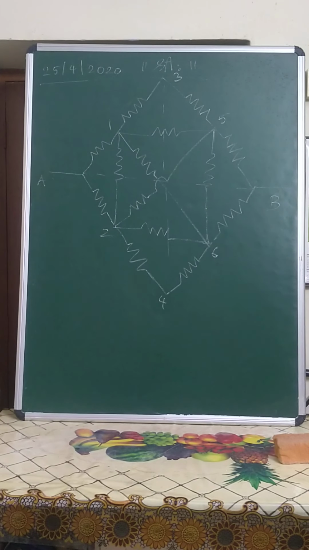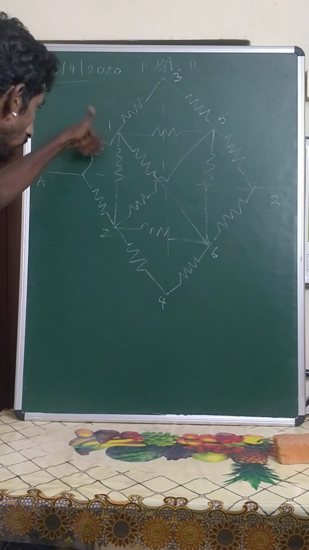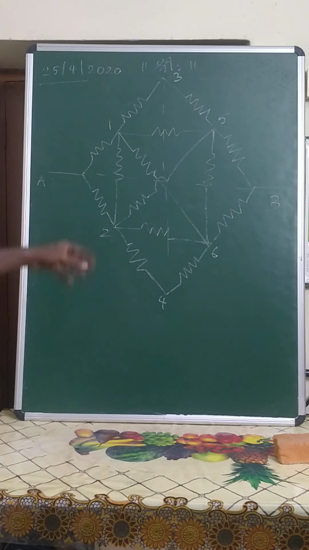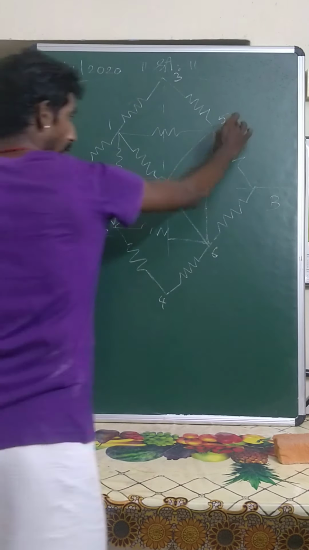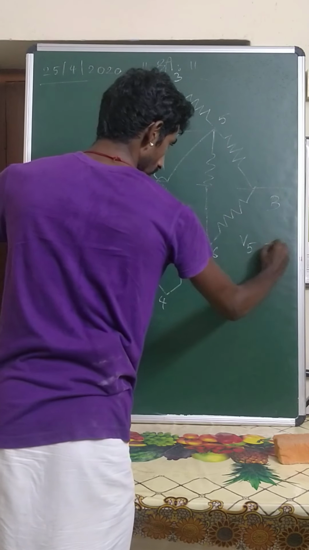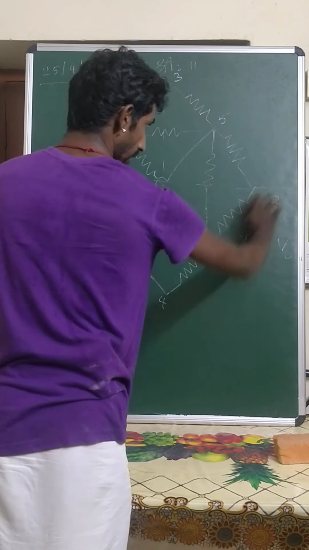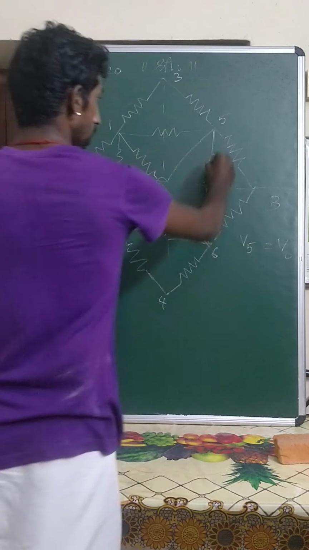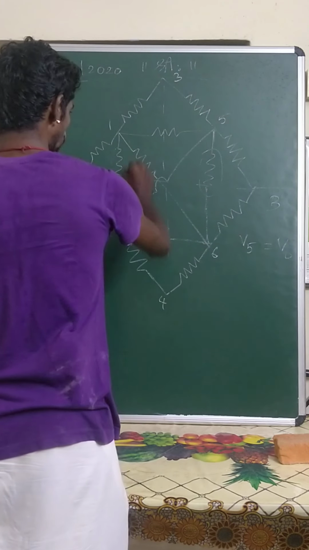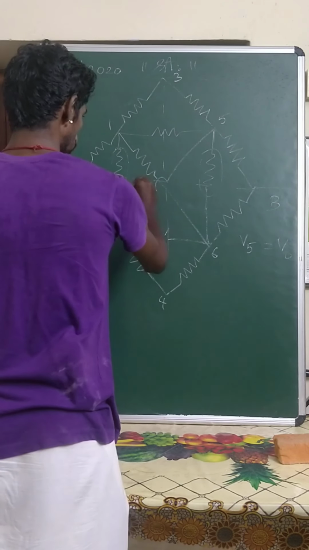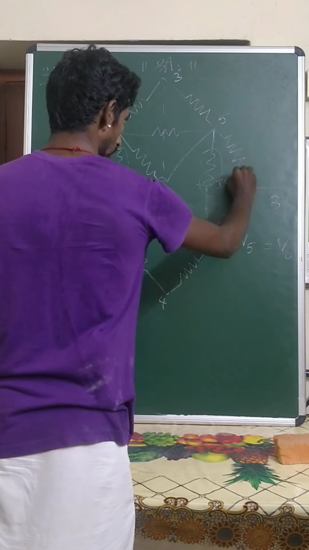So symmetry is involved. With the help of the symmetry, I can say through 1 and 2, that is resistor A to 1, A to 2, the current will be equally divided. So 1 and 2 have the same potential. Similarly 5 and 6 also have the same potential. While ending, the 2 currents meet at B. So this resistor doesn't carry any current. The current through this resistor is 0 because of the same potential.